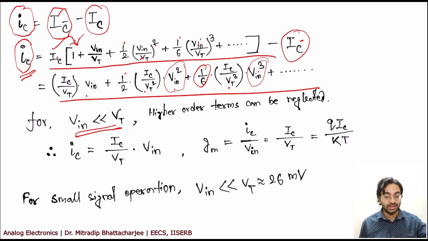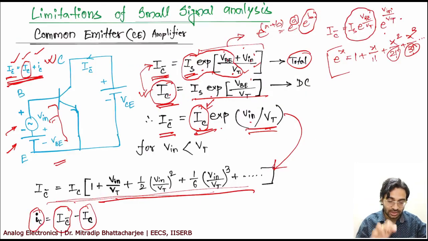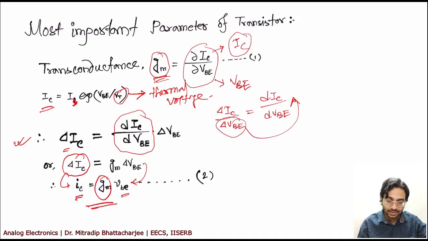Now what happens if V_in is almost equal to V_t or V_in is higher than V_t? These terms will start playing a role. It is good if these terms start playing a role, your I_C will be higher, right? Now if your I_C is higher, other than getting a higher gain, I_C is your output current, right? So other than getting a higher gain, you will end up with zero gain. Why? I already have said,